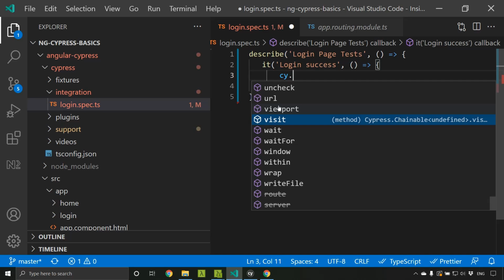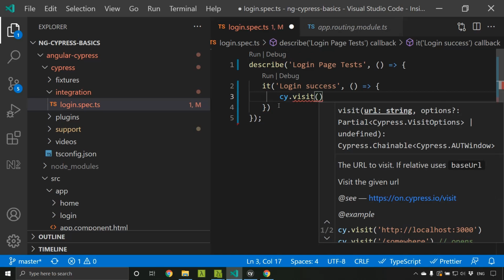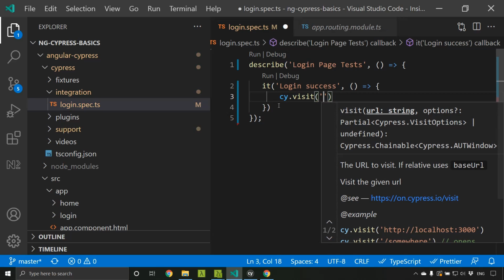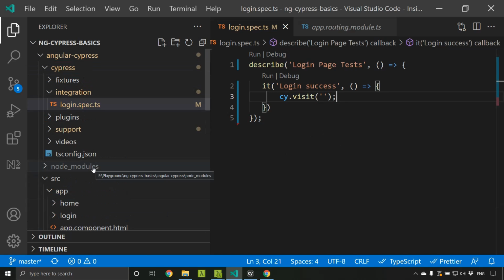The first command we will be using is visit. With visit, we can provide a URL, so we can go to that particular web application. Inside this, we can either give the entire URL of our application, which, since we are serving it, will be localhost 4200.